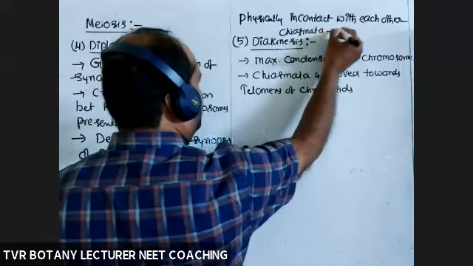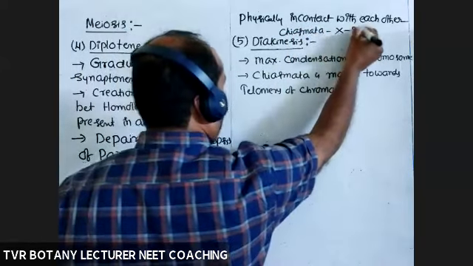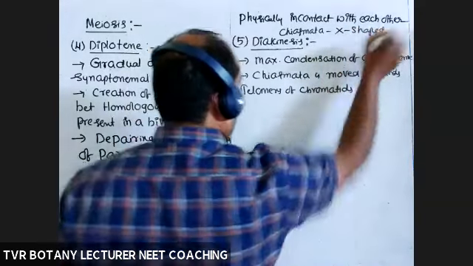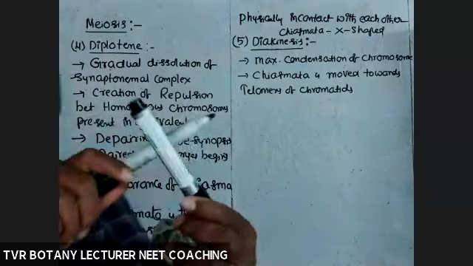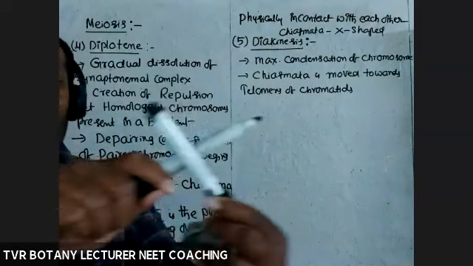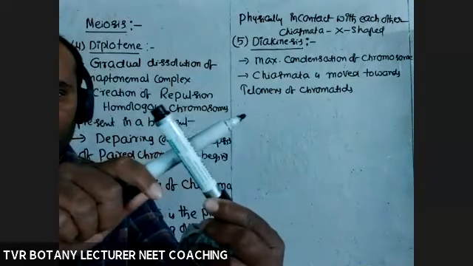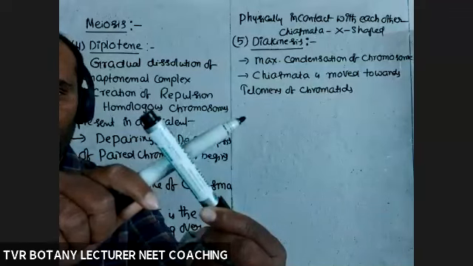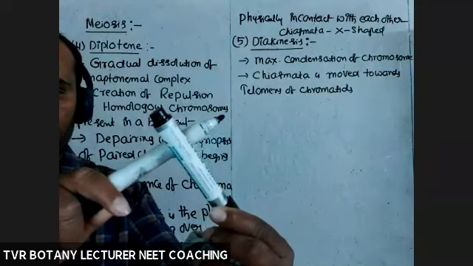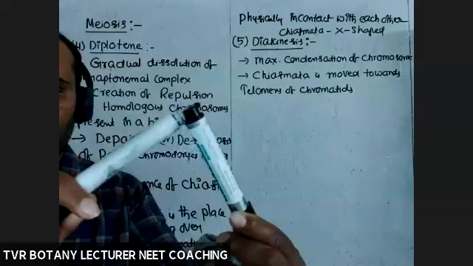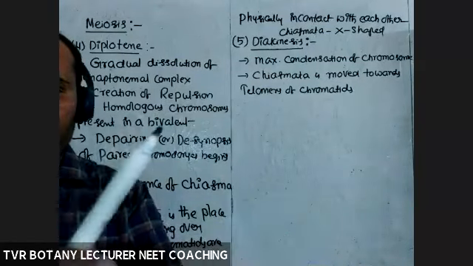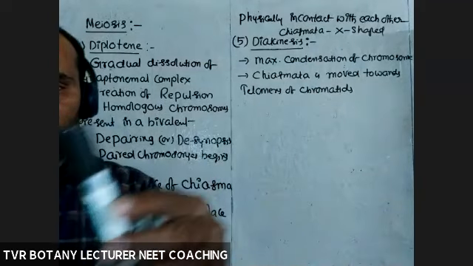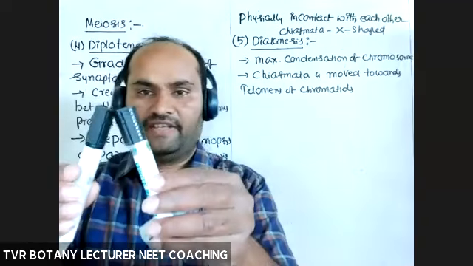Chiasmata is nothing but an X-shaped part or region. What is that X? Both the chromatids are physically in contact with each other, where crossing over happened. So it looks like an X. This X is the place where crossing over happened. Because of maximum condensation, chiasmata is moving towards telomeres. So now both the chromatids are in contact with each other at the ends only, at telomeres.